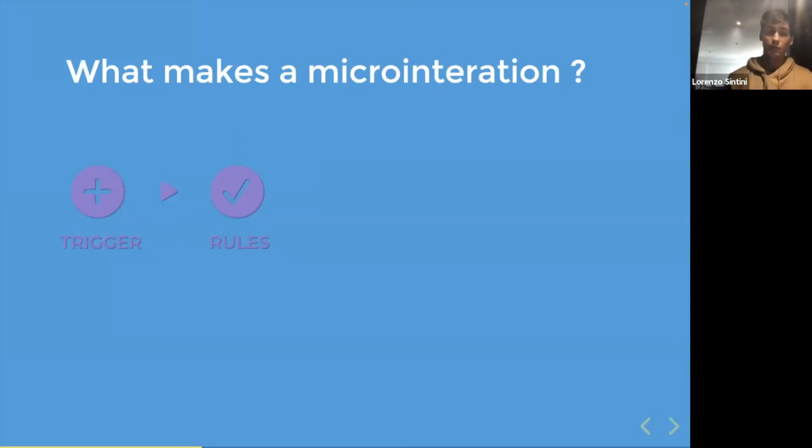For example, if we have the form, we need to check with these rules whether the form is valid or invalid in order to determine what we want to do next. So these are going to be all the business logic and the rules. And then thirdly, there is a feedback, which is, I guess, what we are more interested in and what we